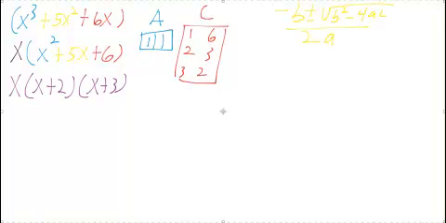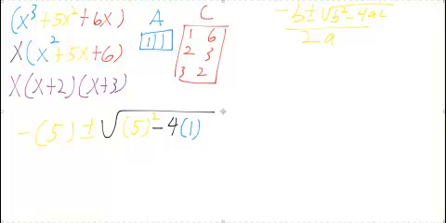And I will write the b's, a's, and c's in the appropriate color that I have at the top. So we'll have negative 5 plus or minus the square root of 5 squared minus 4ac all over 2a. And then you can plug into the calculator. We'll get